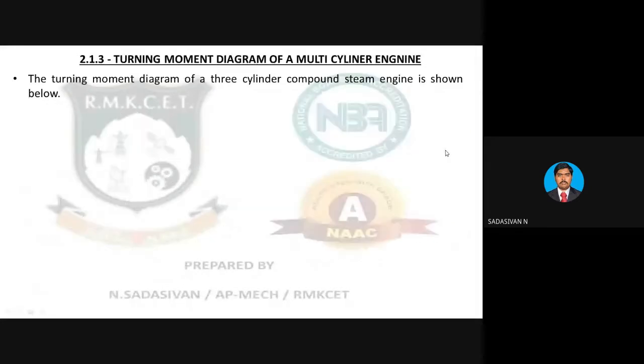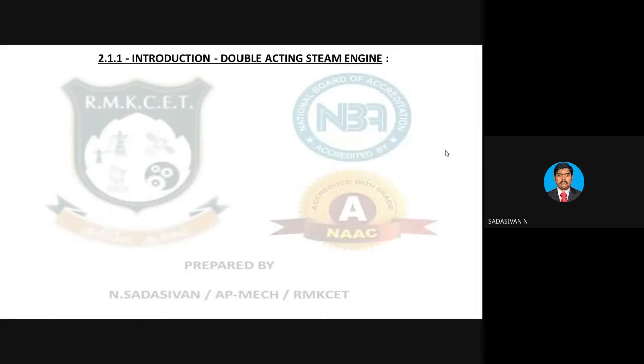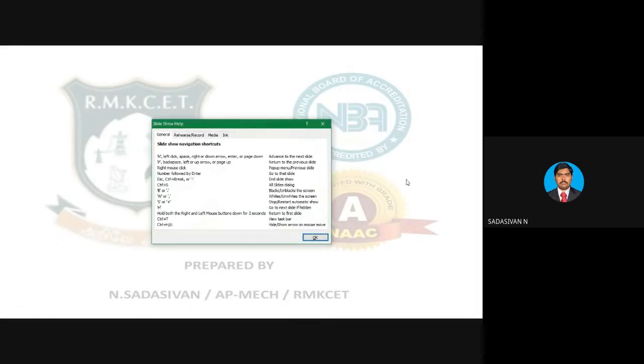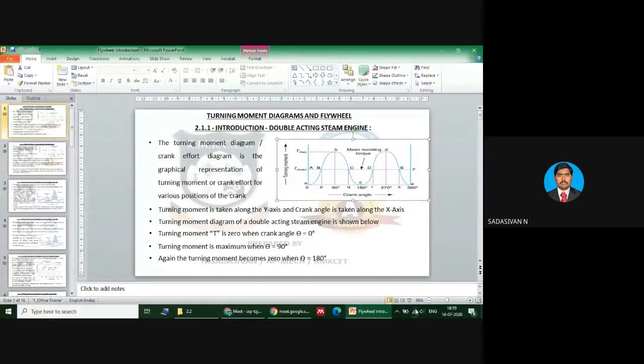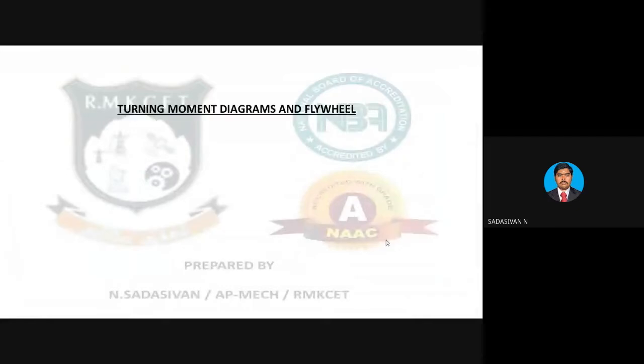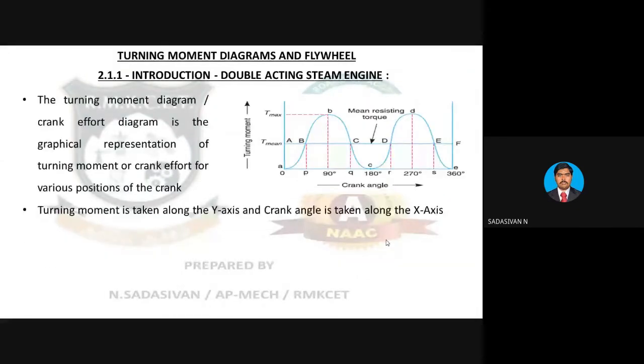Let us go to the previous graph. Let us observe this diagram. There is a line here. Forget the zero line; I'm not talking about the zero line. See here, T mean. There is a line about which there are some points where your torque is below this, and some points where your torque is above this. Now this line is not the midpoint. Please understand, this is not the midpoint.